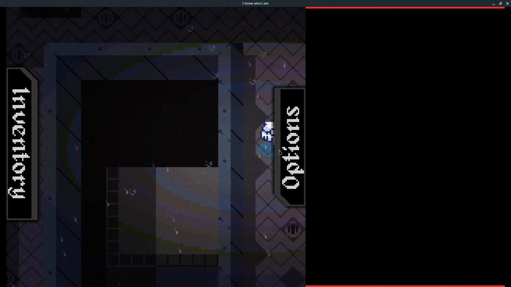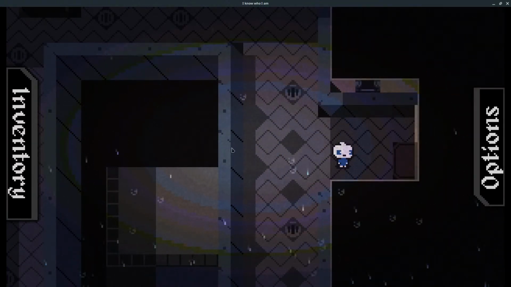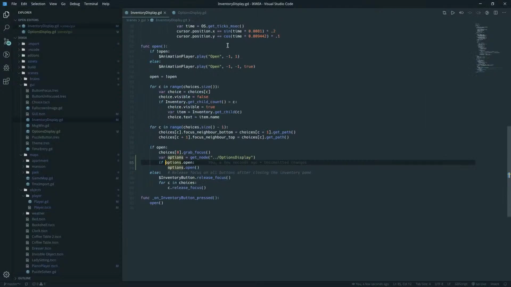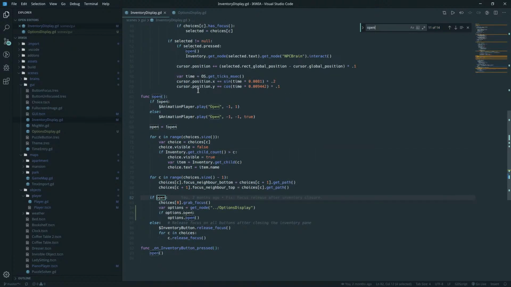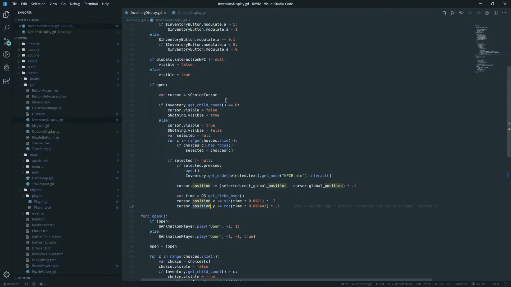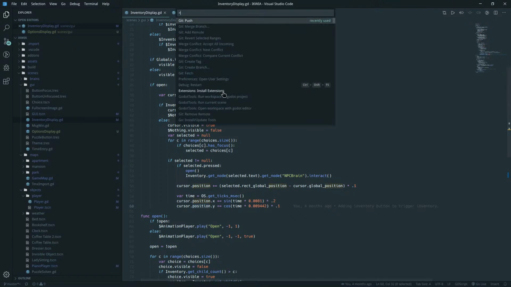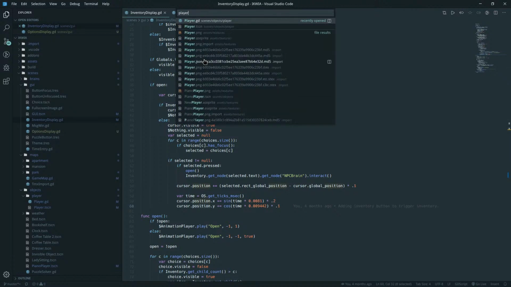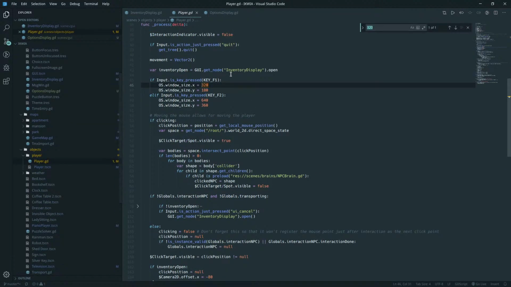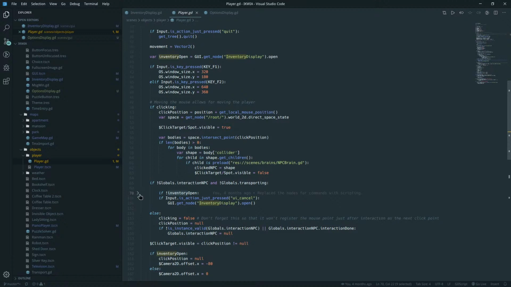Cool. So we probably want to do the same thing that the inventory display does to push the camera over when it's open. Actually, I think that's somewhere else. Let's see. Camera. There. Is it in the player code? Inventory. Yeah. Okay.